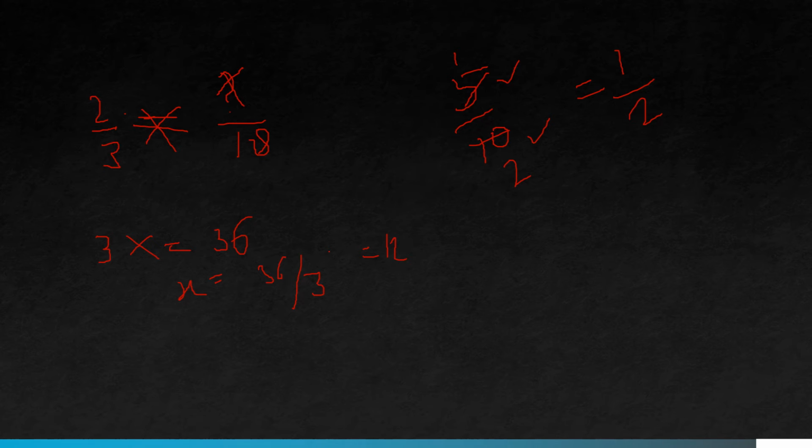So we can say we have converted this fraction into the simplest form. This is called the simplest form of the fraction. Okay, so there are various types of fractions. For example,